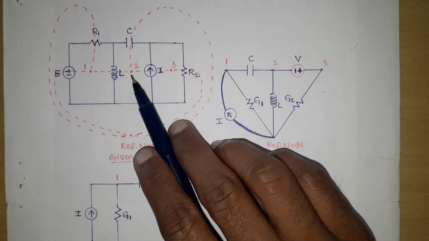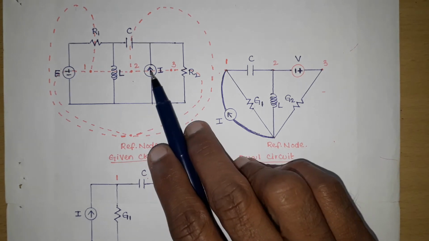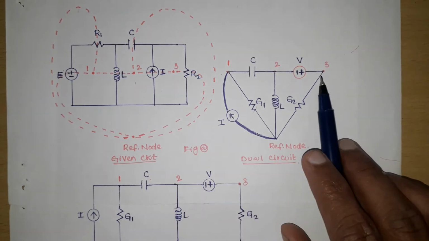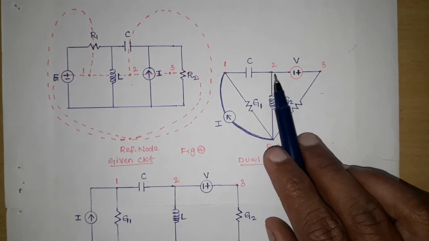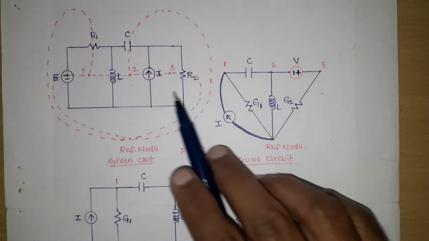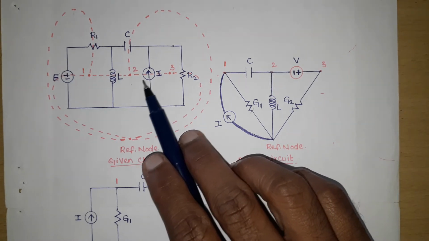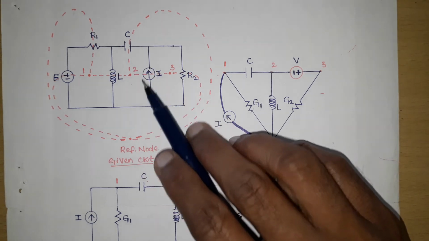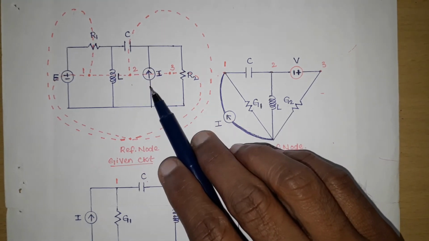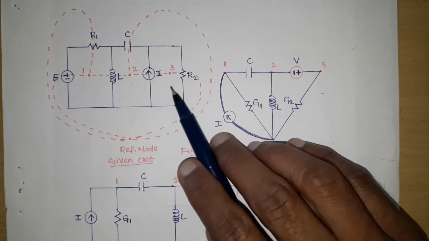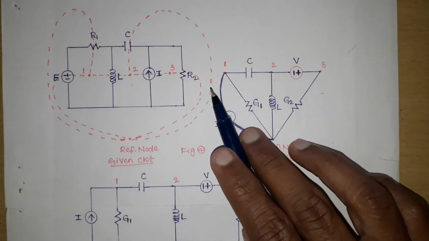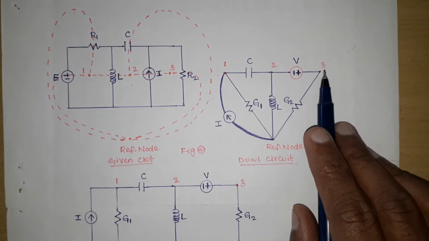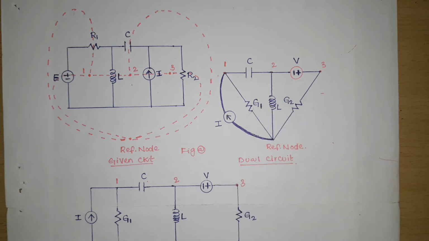Similarly, in between second dot and third dot, there is a current source, and here we have to connect the dual of the current source, that is a voltage source, in between second node and third node. And if you see the polarity, if you take I2 as a reference in the second mesh, the current is opposite. If you take I3 as the current in the third mesh, it is in the direction of the current. So here positive polarity is towards the third node and negative polarity is towards the second node.